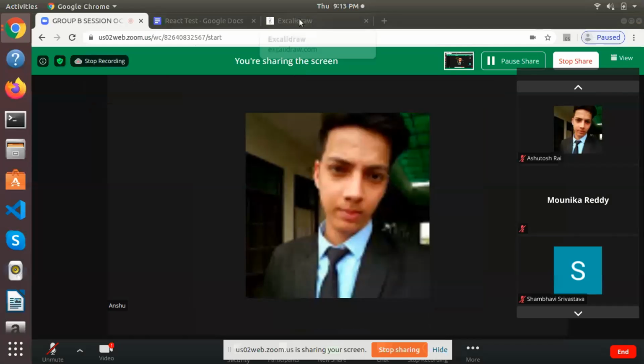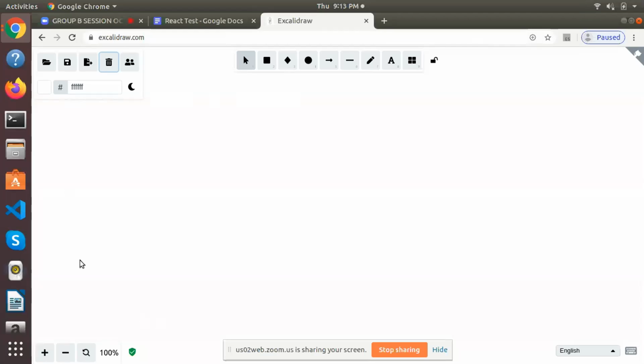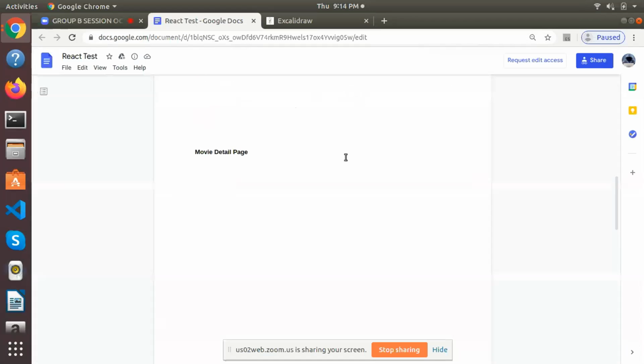Okay, guys, let me clear my screen. So I think Monica and Astos both have done the test, and both tests are really good. Astos has spent some time also on the CSS part, and because he has used Flex, his pages were quite responsive also. But let's just see how to basically make such kind of apps.